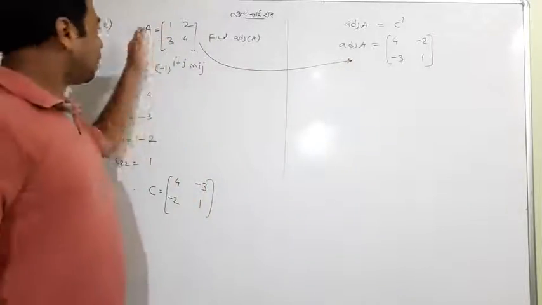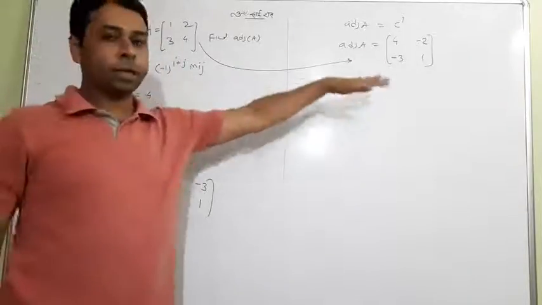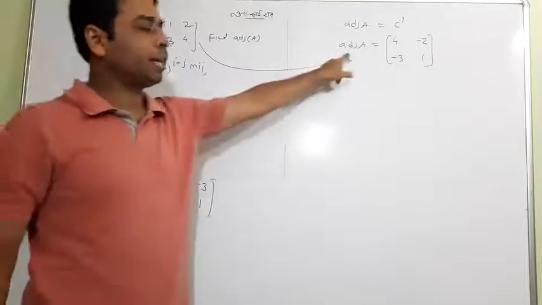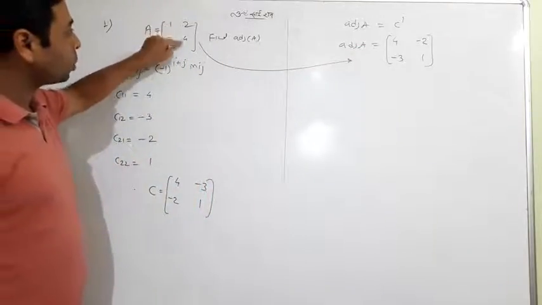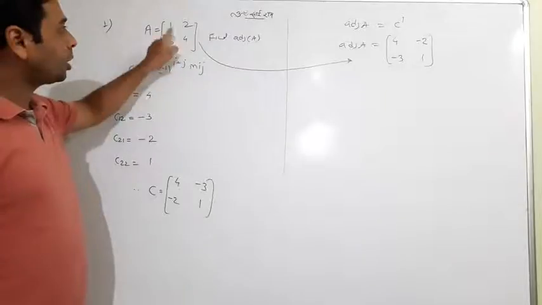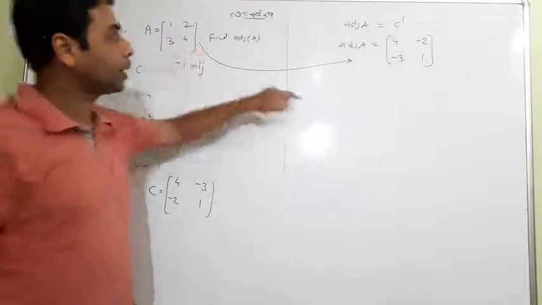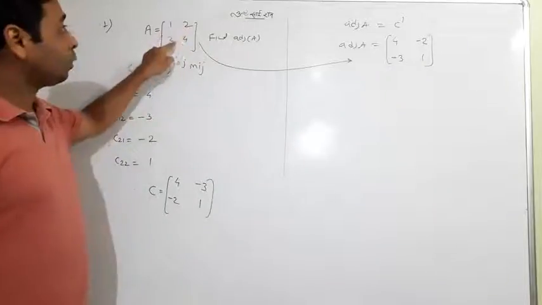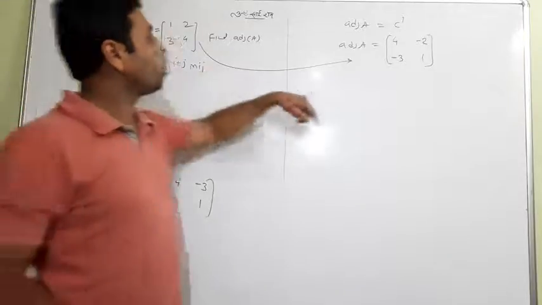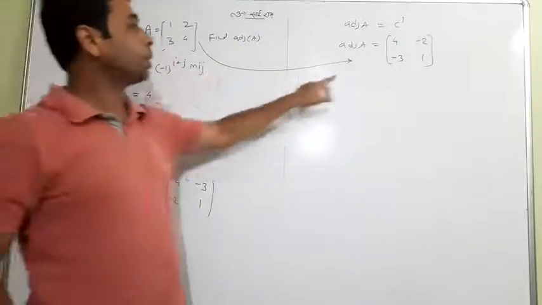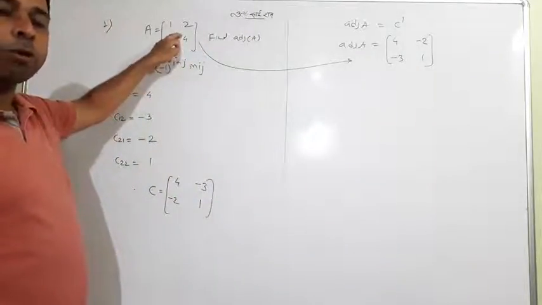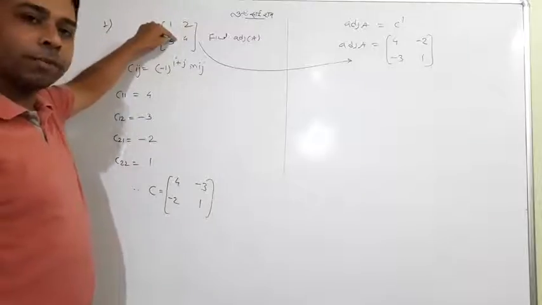Can you skip directly without doing all the procedure? Jump there. Look at what I want to say. 1 2 3 4, you have A. You can directly find adjoint A by interchanging 1 and 4 with each other. Write 4 here and write 1 here. Just interchange this particular diagonal, 4 and 1. Then for 2 and 3, change their sign only without replacing them. 2 is positive, it becomes negative, and 3 is positive, it becomes negative. So what to do? Just interchange these two elements without changing any sign, and only change the sign of the other two without interchanging.